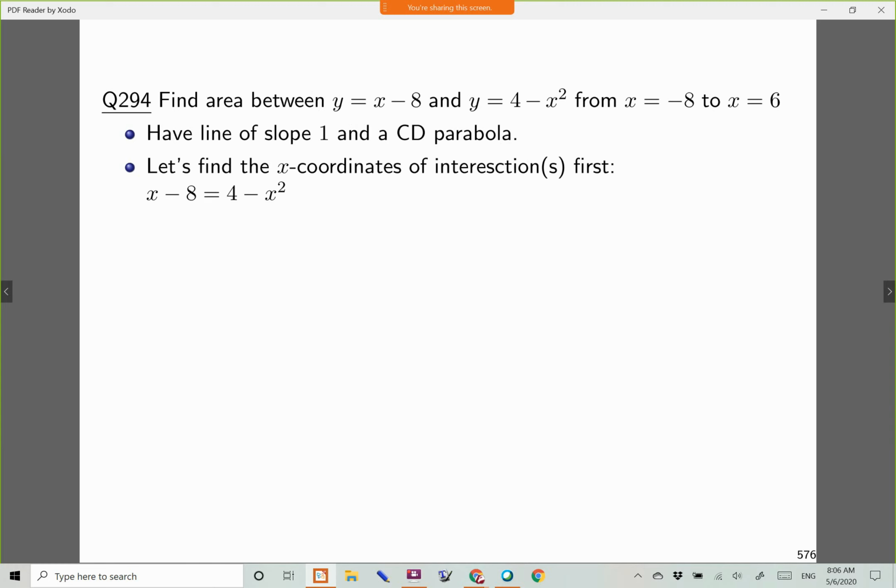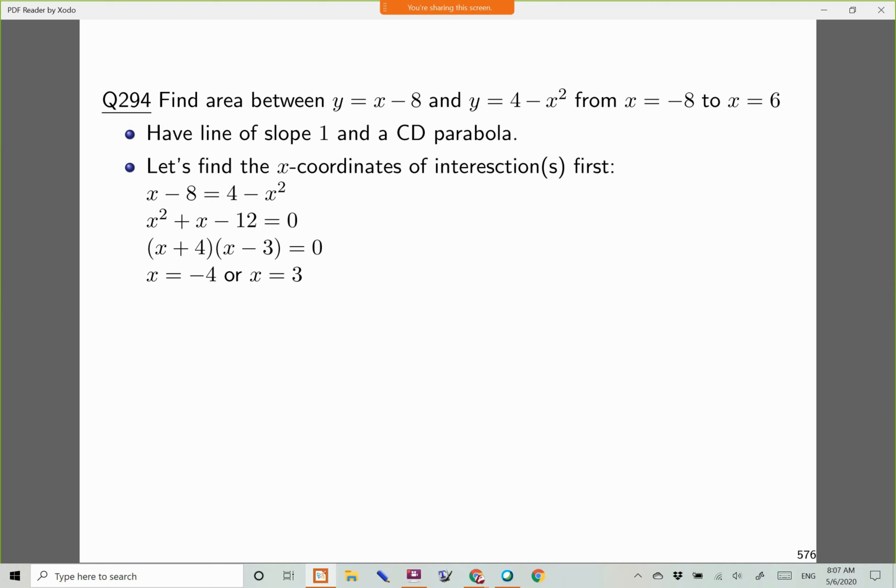Set equal x minus 8, given in the problem, and 4 minus x squared. There's a quadratic equation. I would prefer to have a positive sign in front of the x squared, so let's add x squared to both sides. So x squared plus x. If we're going to have an x squared on the left side, then maybe all the things should be on the left side and have a 0 on the right side, so I had to subtract 4 as well. The left side will factor as x plus 4 times x minus 3 equals 0. So x equals negative 4, or x equals positive 3. Okay, so